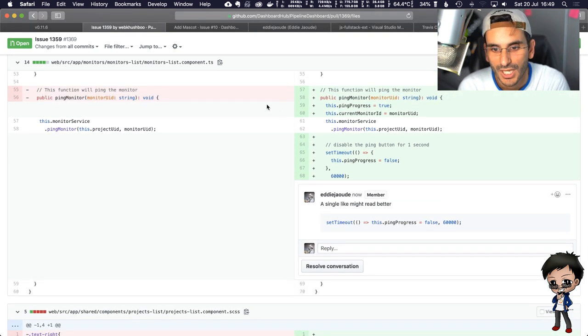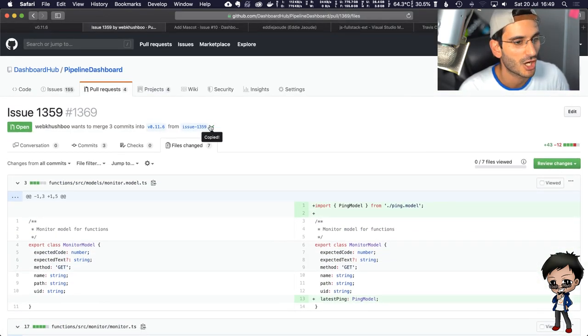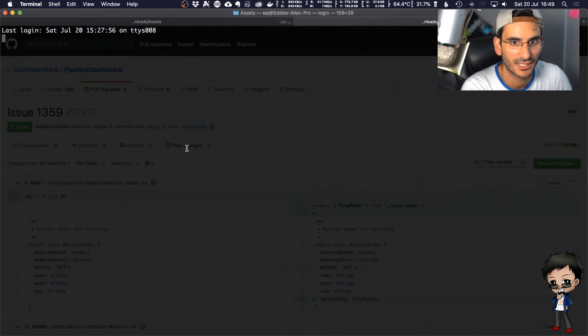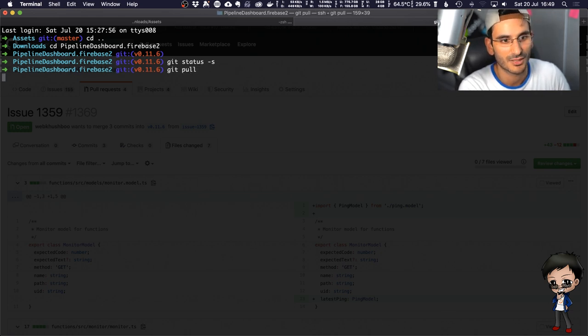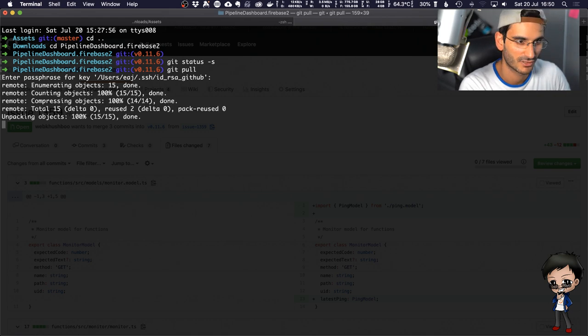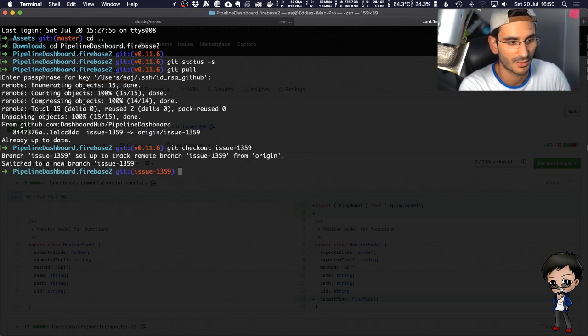That's my initial thoughts. So what I'm thinking is, let's just check out the server. Let's open this locally. If I open a new tab and go to pipeline dashboard, I think I call it Firebase 2. Don't ask me why, I need to sort that out. I've got no changes, so I'm just going to do a pull. I want to pull all the new branches. I think I typed the password in wrong. Got it right. I've now got Kush's branch.